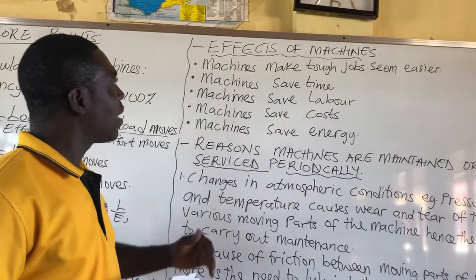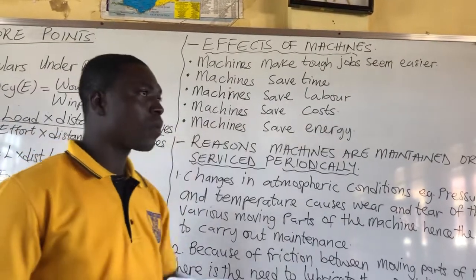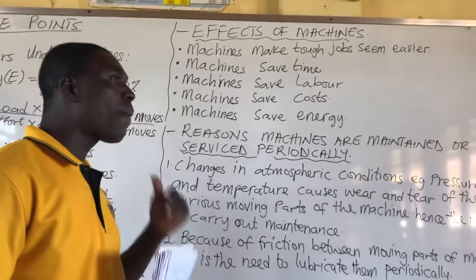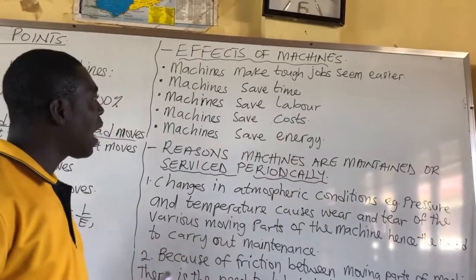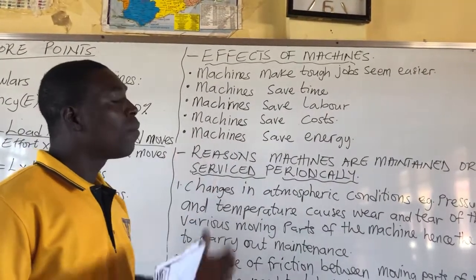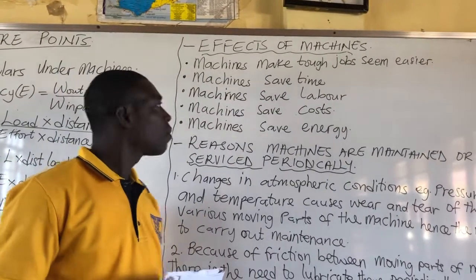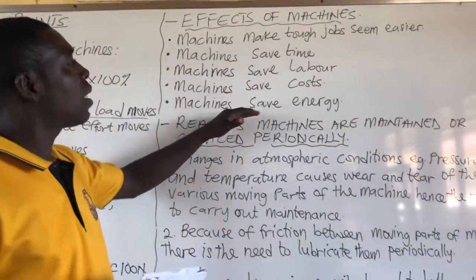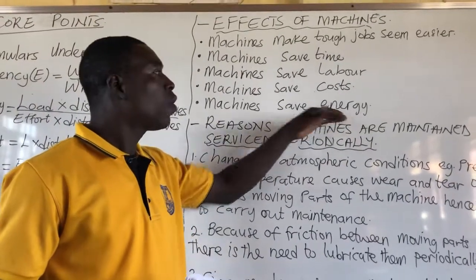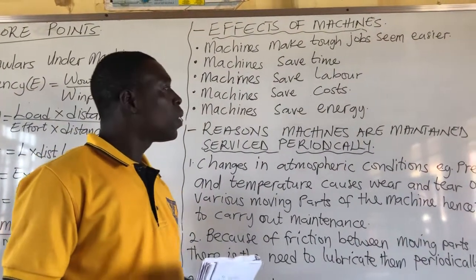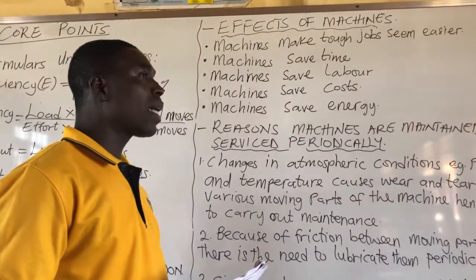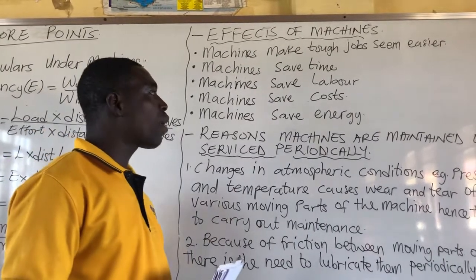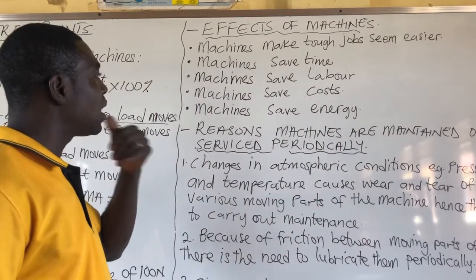Another effect of machines is that machines save cost. Here we are talking about the money aspect involved in performing a particular work. If you have machines, they can help you save cost. And the last effect of machines is that machines save energy. You will not use your energy to do such work. Assuming the work is very tough or very difficult, you will not use your energy. It's the machine that will perform the work for you, and therefore, the effect of machines, you can see that